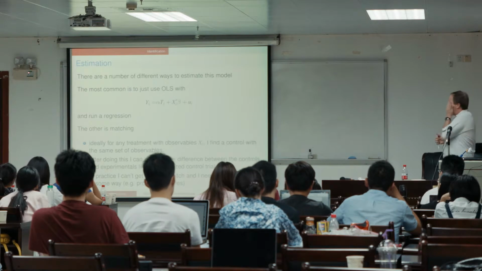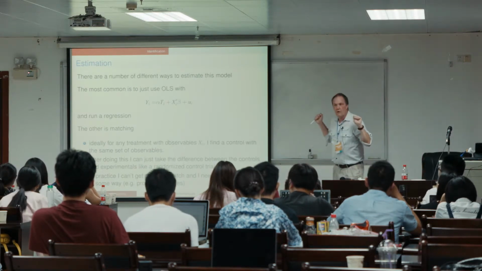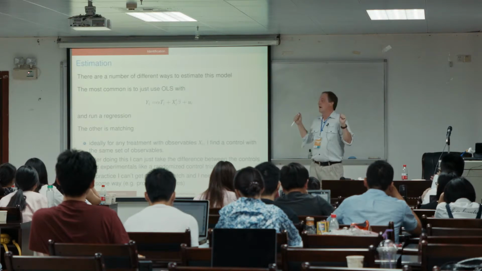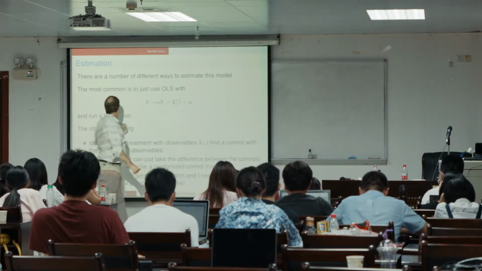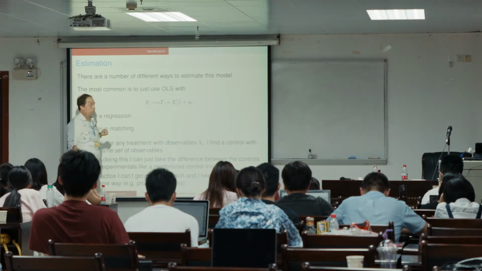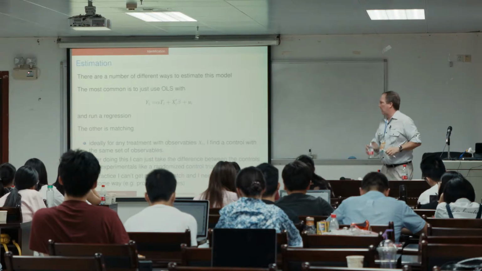How do we estimate these things? There are 2 different ways to estimate. The first is just OLS, or a regression more generally, non-parametric regression. So we can estimate our model with our treatment effect, and we can try to estimate the thing like that. The more common way to estimate this, and the way that people often prefer to estimate this thing,